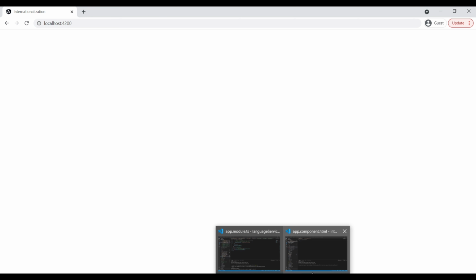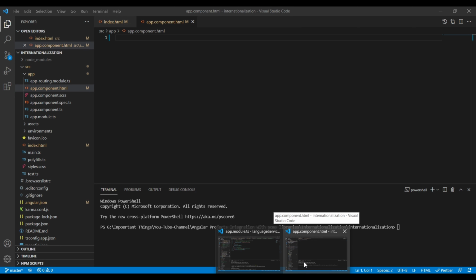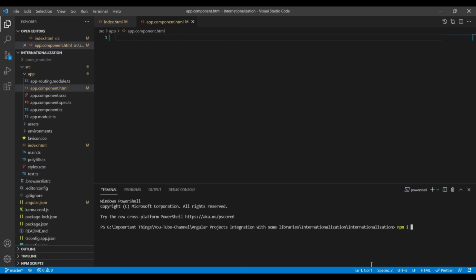First of all, we need to translate the website to particular languages, English and Marathi. We need the ngx-translate package for that, so we'll install it. npm i @ngx-translate/core --save.